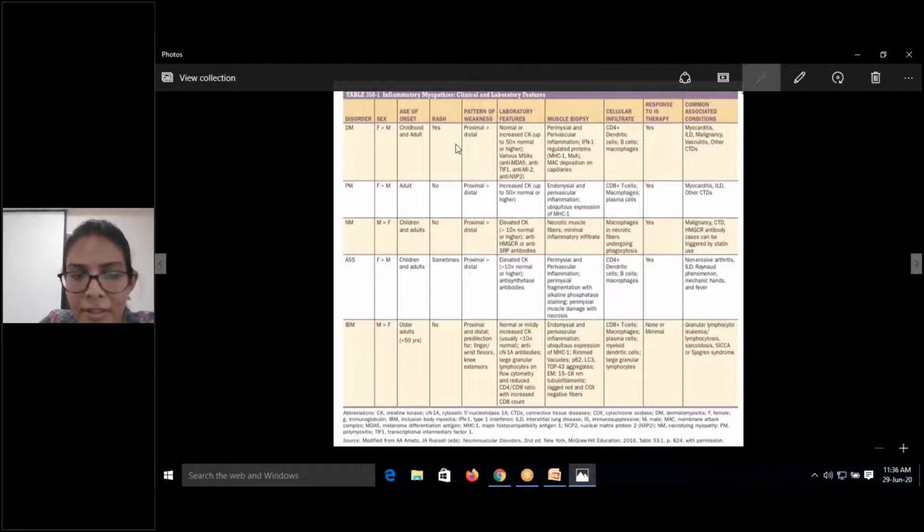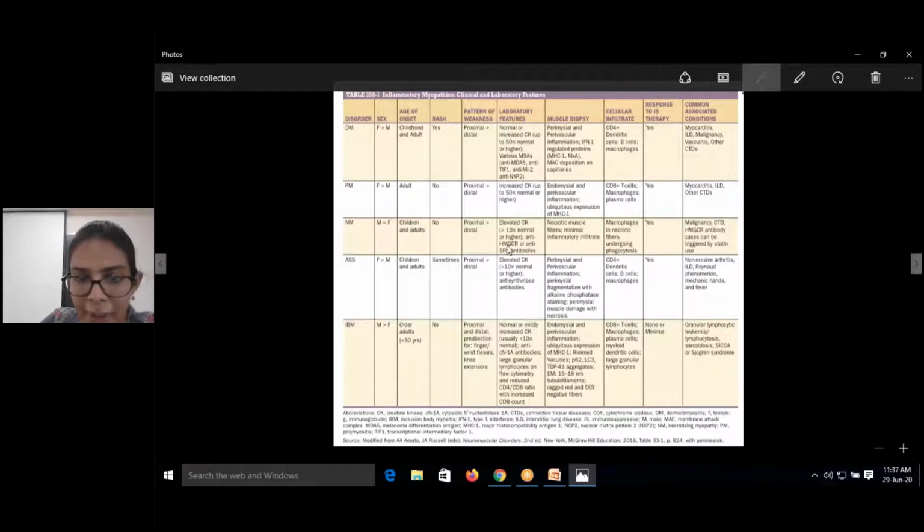Coming to the antibodies, in dermatomyositis you have muscle specific antibodies like anti-MDA5 (melanoma differentiation-associated antigen 5), anti-TIF1, anti-Mi2, and anti-NXP2. These are the different antibodies present in dermatomyositis. You have to remember these because they are specific. When they are present, you can say it is dermatomyositis, and you can also say what condition they are going to have in future. If they have MDA5, ILD can be progressive, so you have to keep them under follow-up. Sometimes they can also have a cancer predilection.